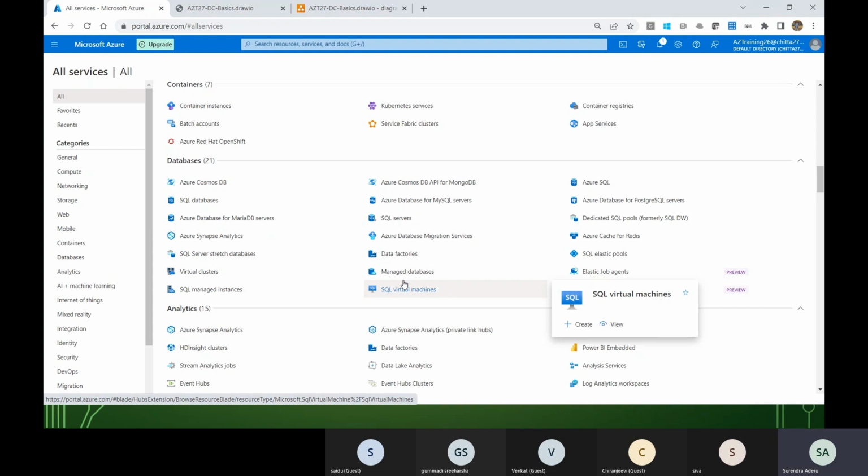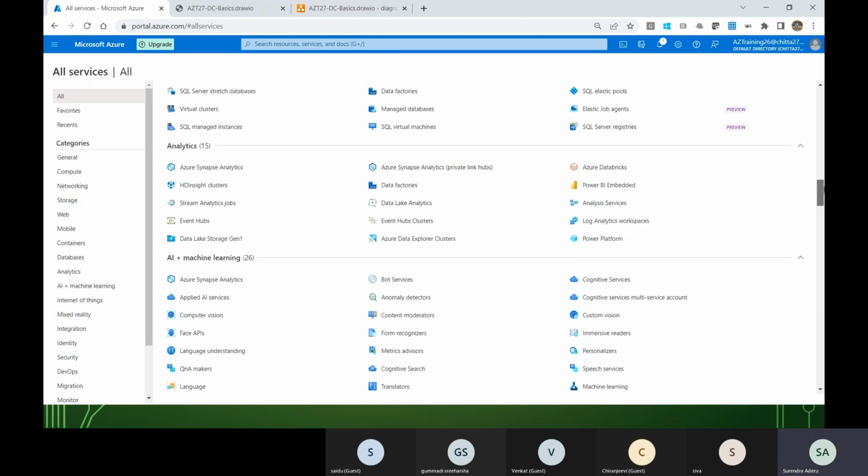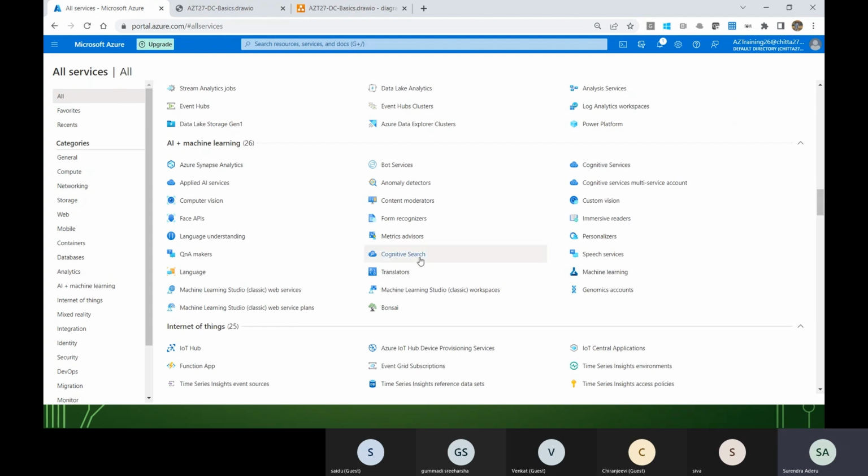All the databases are available as part of Microsoft Azure, right? And then you have analytics. Analytics is nothing but your big data services. Have you heard of this technology, big data, Hadoop? If you want to use that kind of services in Azure, it does provide HD Insights, Data Lake, Informatica related services. If you want to run in cloud, you have Data Factory to run Power BI and all other stuff. Apart from this, you have AI and machine learning, so artificial intelligence and machine learning services,